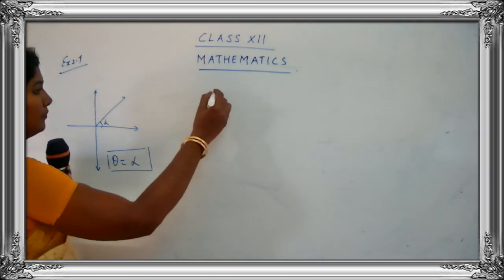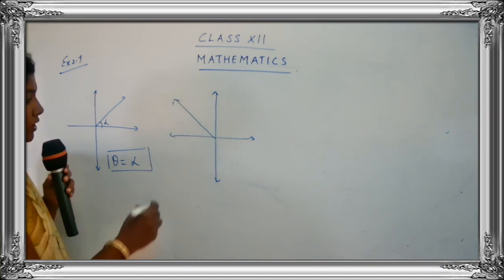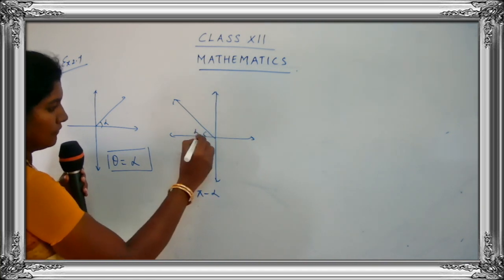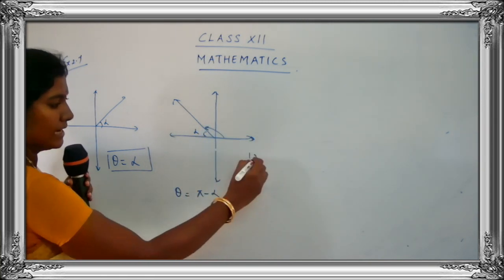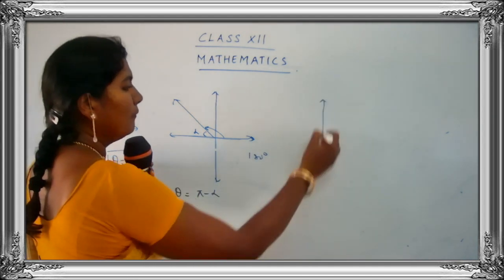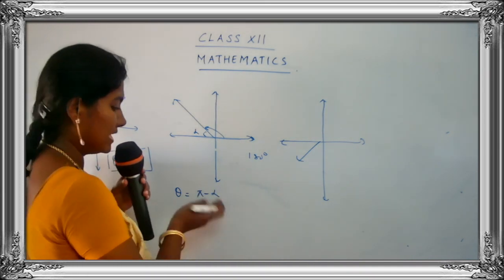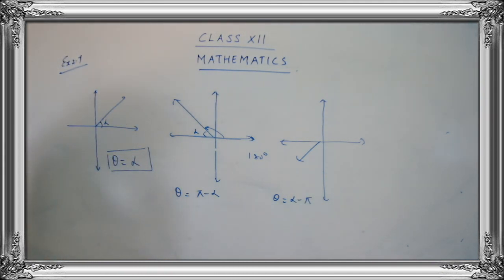And if the complex number is lying on the second quadrant, you have to take the value for theta as pi minus alpha. Remember, if this is alpha, you have to take the whole, that is pi. The whole means the linear pair is 180 degrees. So 180 minus alpha, that is pi minus alpha. And for the third quadrant, you can take the reverse of it. You can take theta is equal to alpha minus pi.